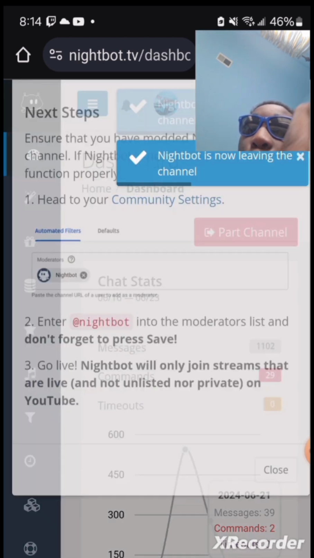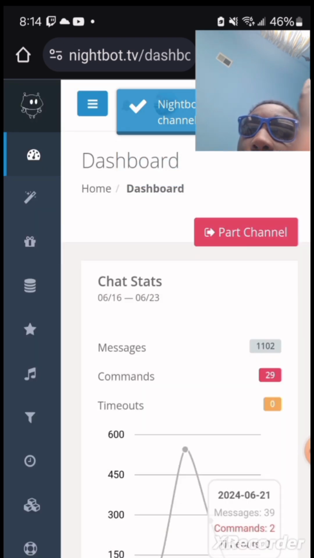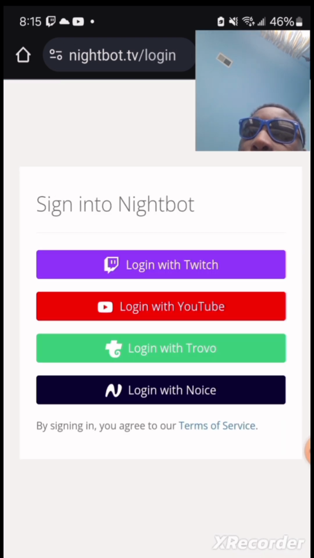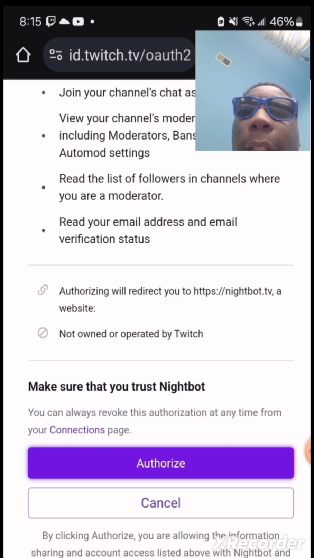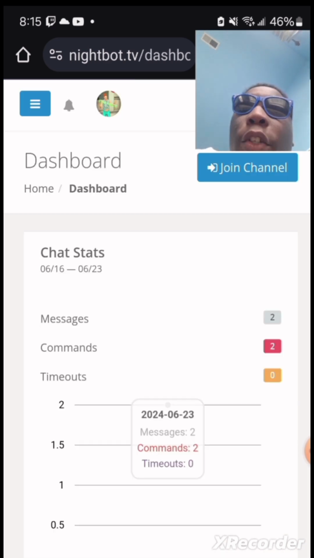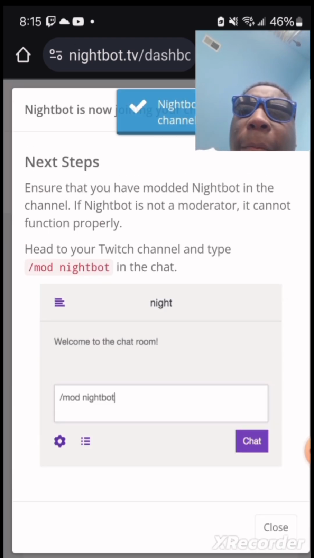It's going to unjoin it. Then if I join, it'll give me the option to part channel. So that's what you want to do for Twitch. First, log out, log into Twitch, authorize,